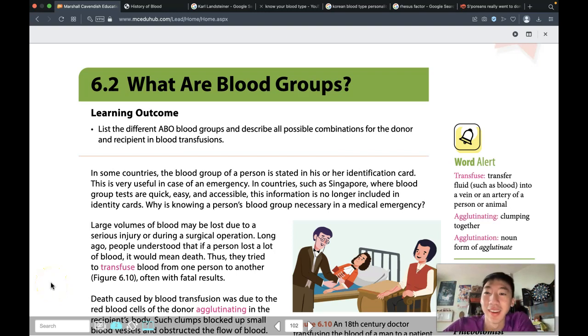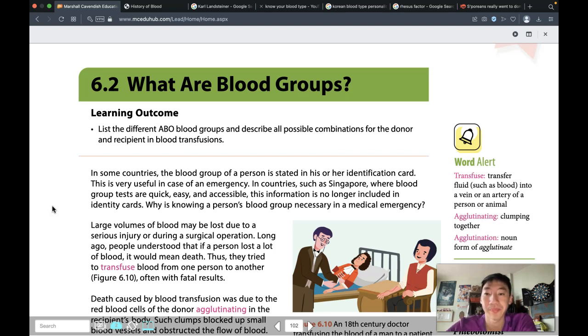Alright, let's get started. So in the previous video, we talked about organ donation and tissue rejection. And so today we're going to continue with the blood groups. Okay, learning outcome: list the different ABO blood groups and describe all possible combinations for the donor and recipient in